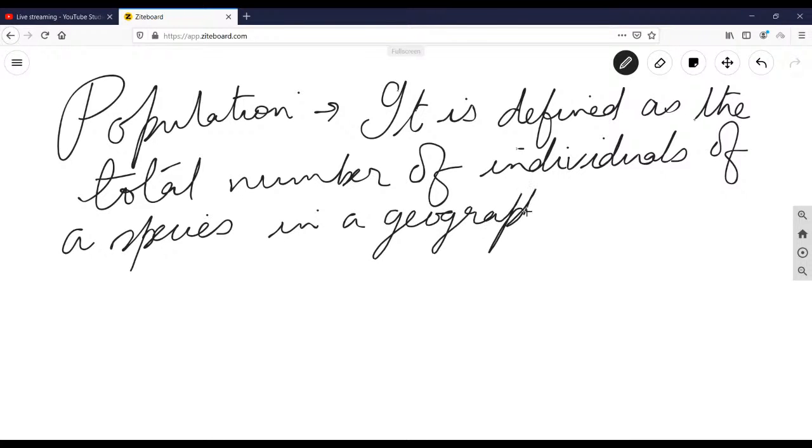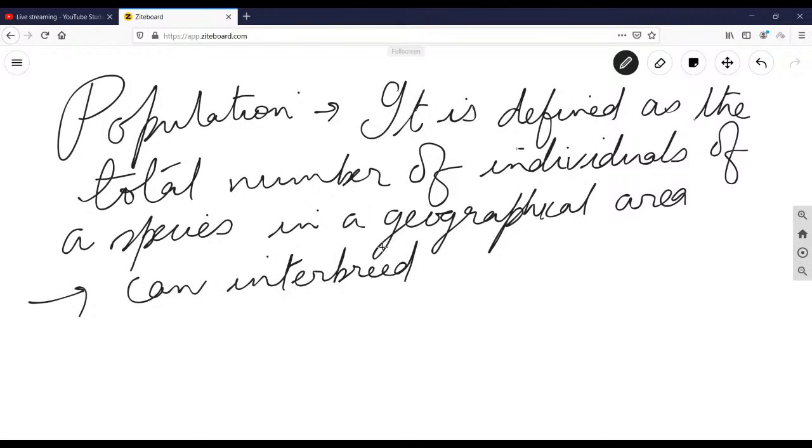And when we combine all the populations together of the species all over the world in various geographical areas, then we get the species population as a whole. Or then we reach the species level in ecology, right? In a specific given geographical area. And what more? Still the definition is incomplete. They must be able to interbreed,